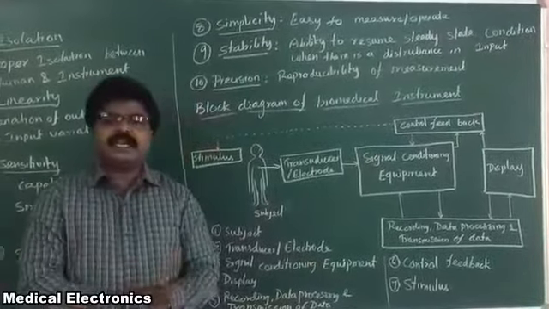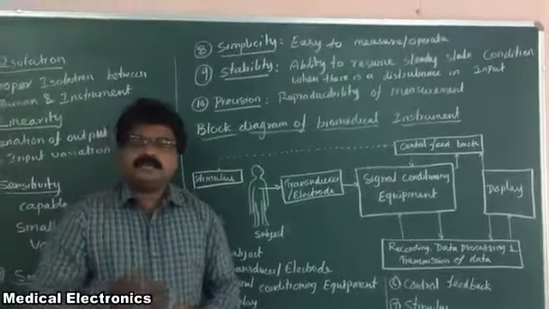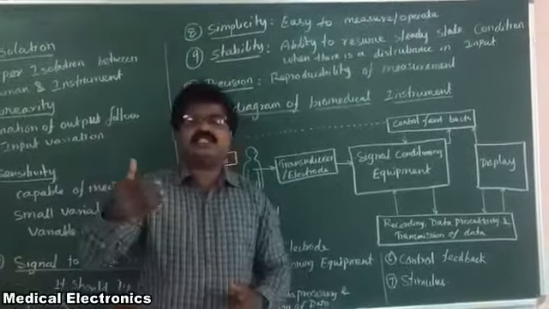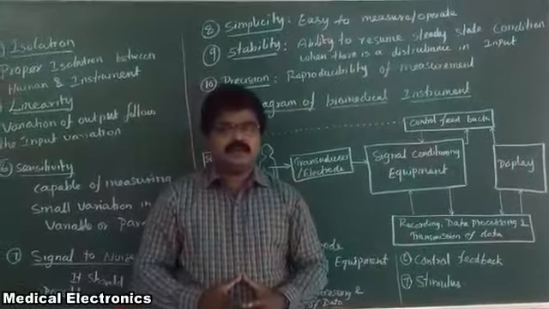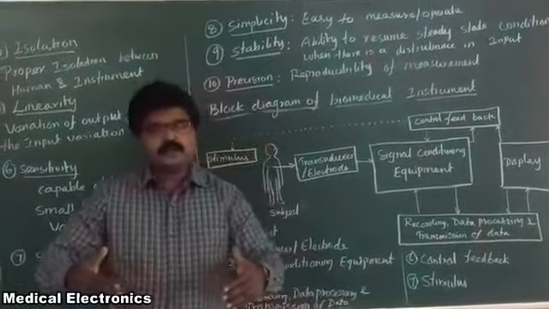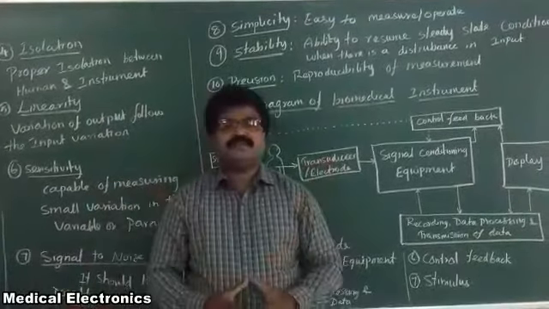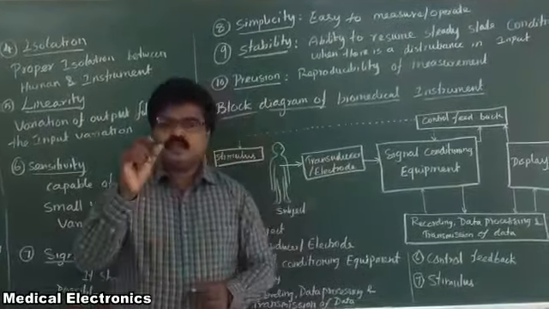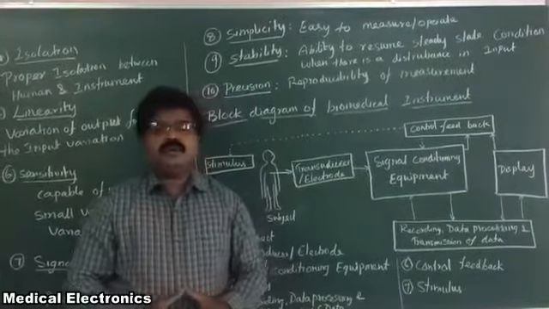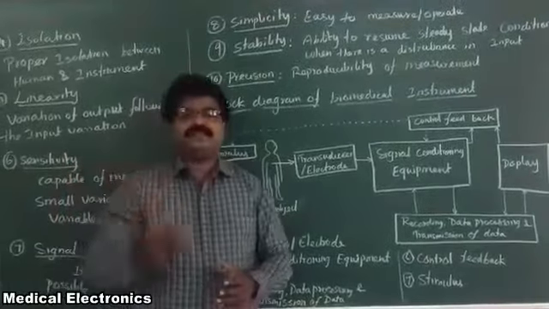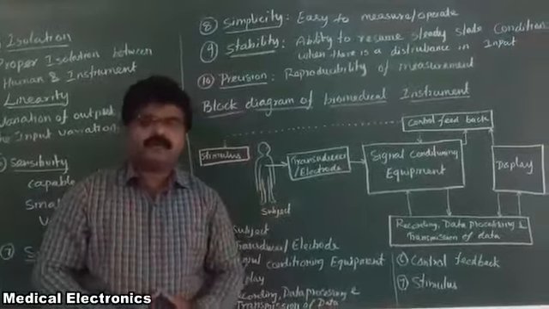The signal conditioning equipment consists of a preamplifier, then a filter, and analog to digital converters. These are available in the signal conditioning equipment because the signal produced from our body does not have much magnitude or amplitude. It's very small in nature. Most of the signals are in nano ampere or nano volt. So this signal must be pre-amplified. First it must be amplified.